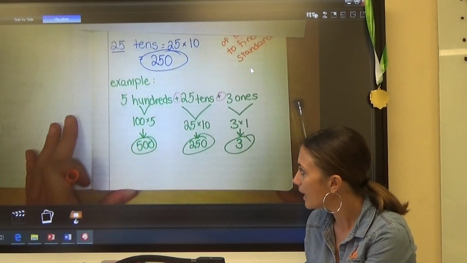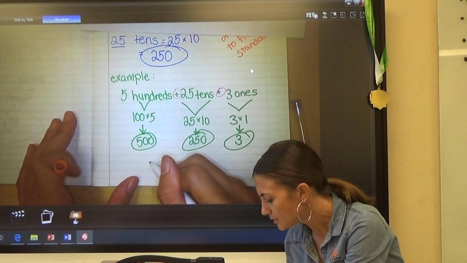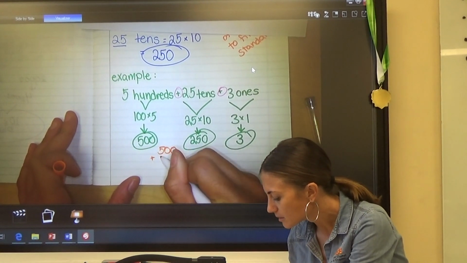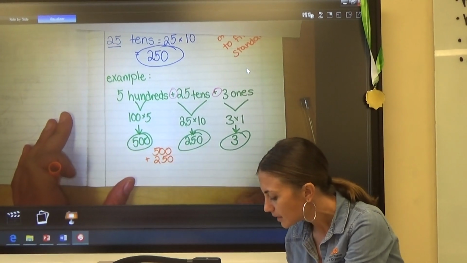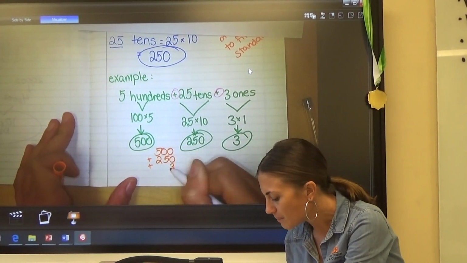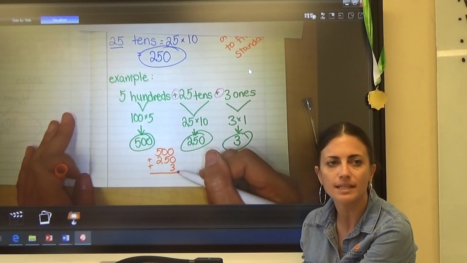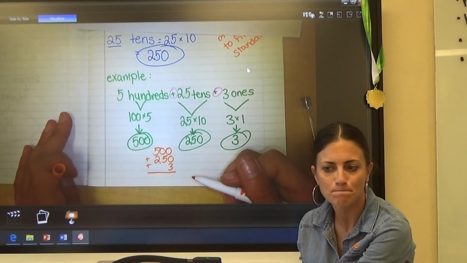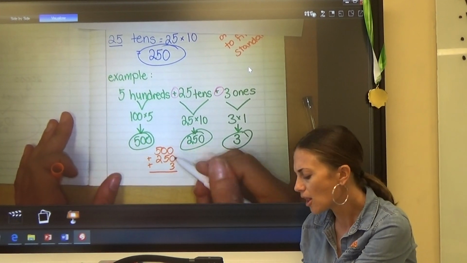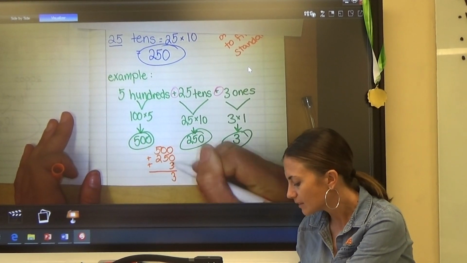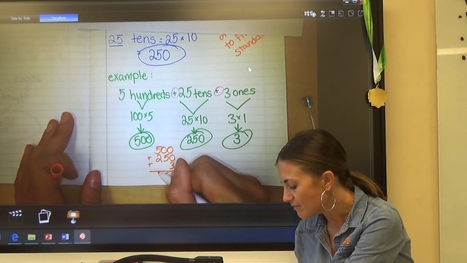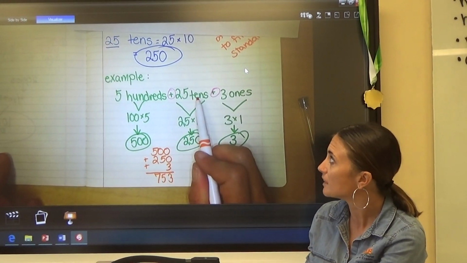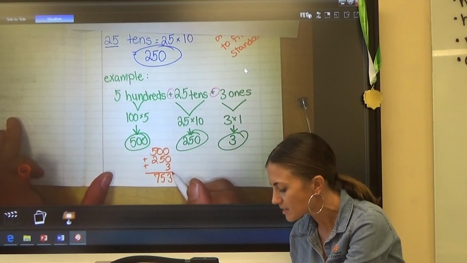So we would line up 500 plus 250 plus 3. Make sure your 3 ends up in the ones column, not over here in the hundreds, or we'll have the wrong answer. So then I add it all up. 3, 5, 7. So our value of 500s, 25 tens, and 3 ones is